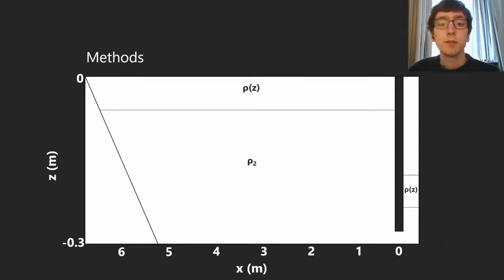So to look at this, we have our internal wave tank set up, 7 meters long, and at one end we have a gate. So in the main tank we have a lower layer of fluid which is more dense, and above it is an upper layer. In this case, the upper layer is linearly stratified with depth, and behind the gate we have an additional volume